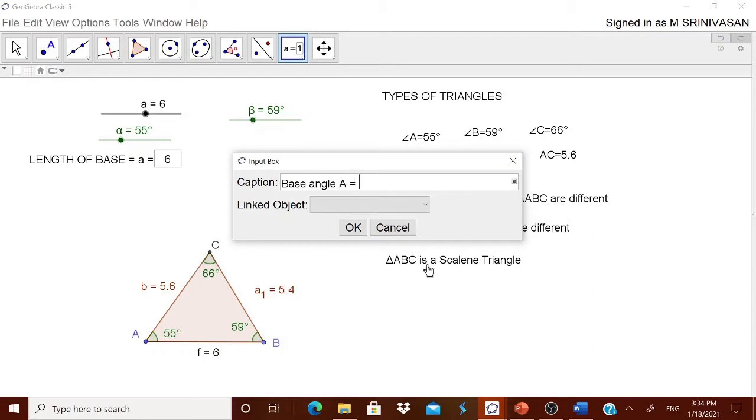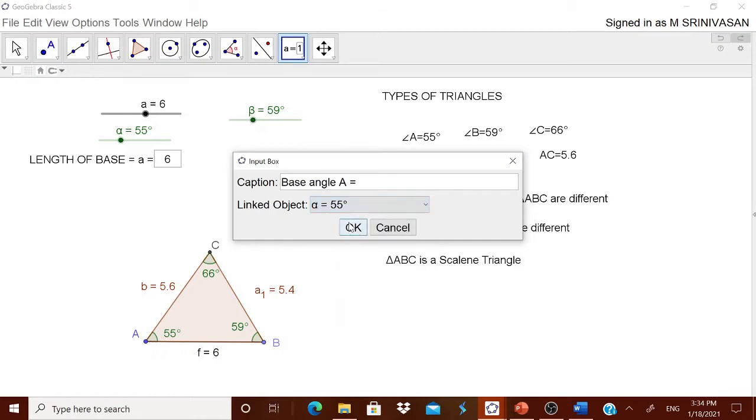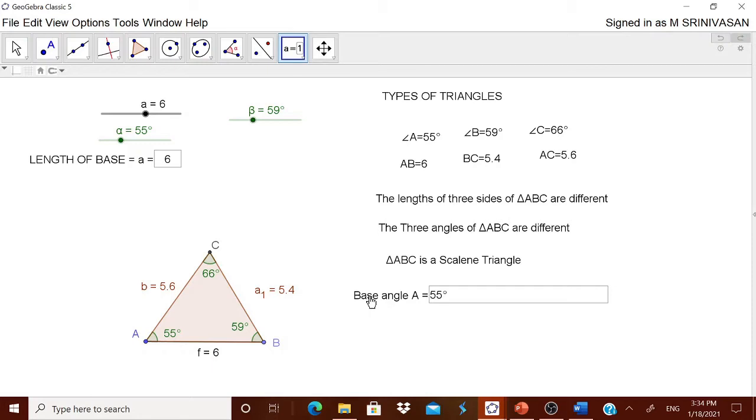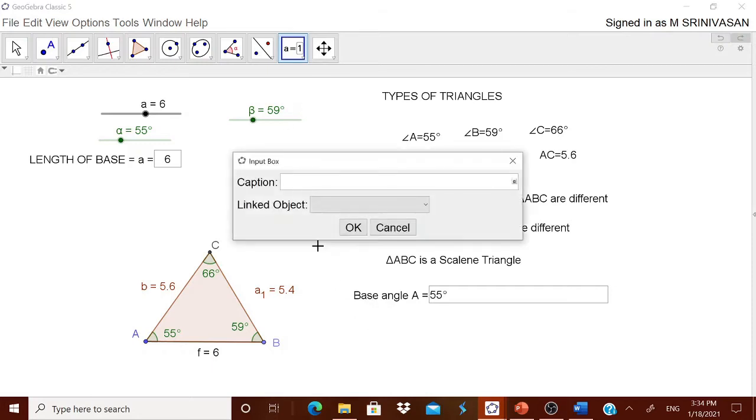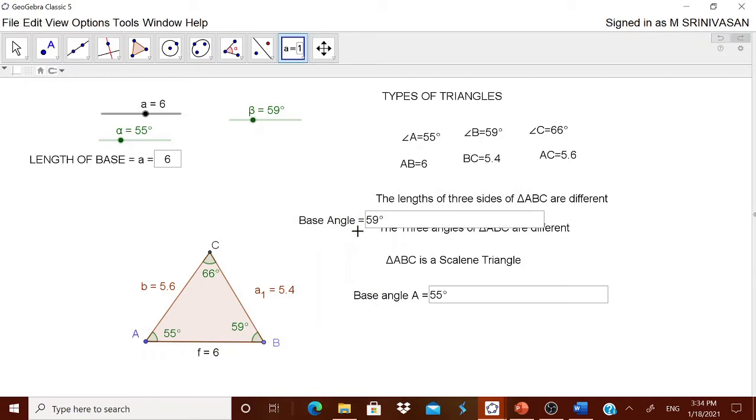Now what will be the linked object? The linked object will be alpha. Then once again you can go for one more input: base angle is equal to, and from the linked object you can have beta.